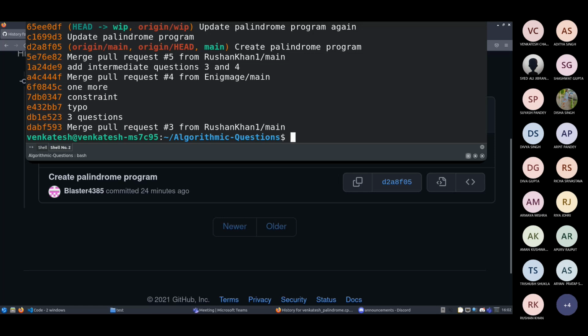Yes, Aman, you've raised your hand. Sir, do we have to create different pull requests for every question? Like if I completed one question and I added another file to the main folder on my machine, do I have to create another pull request? Yep. You can make different pull requests for different questions, or you can write all the questions at once. Then create a commit message for a single commit for all of them by using git add --all, and you can just create one pull request for them. It's totally up to you.